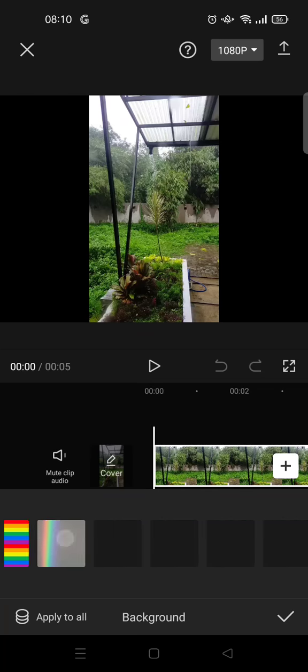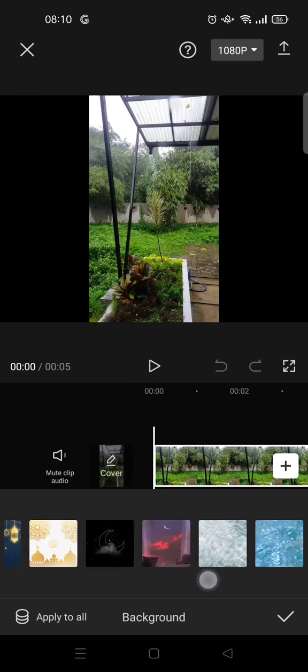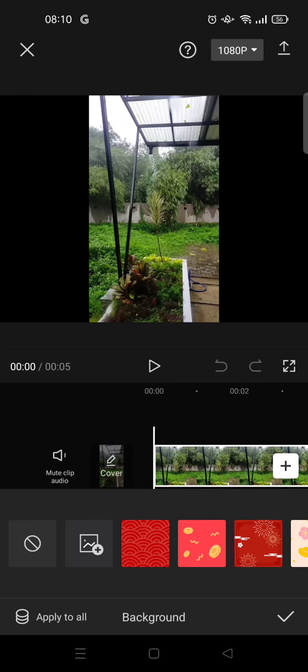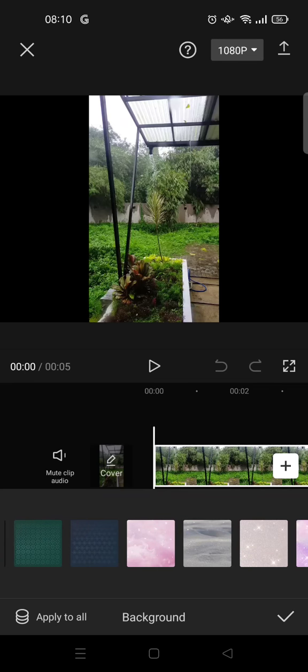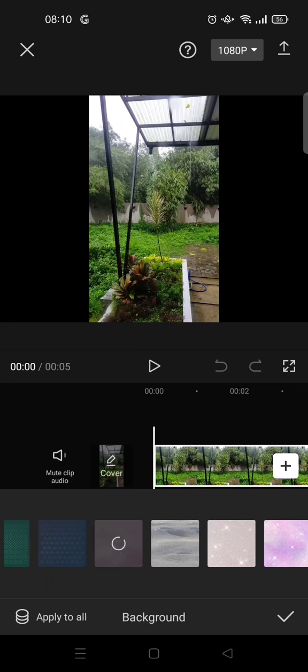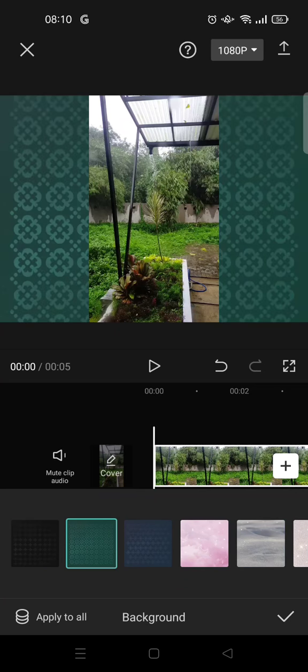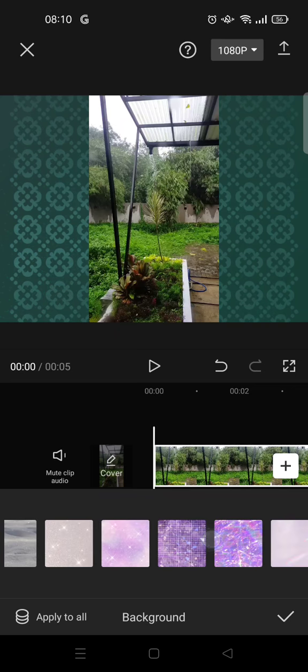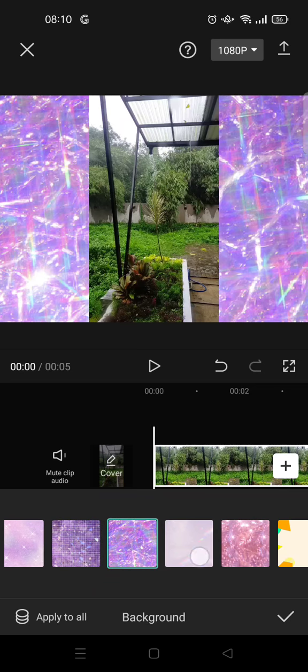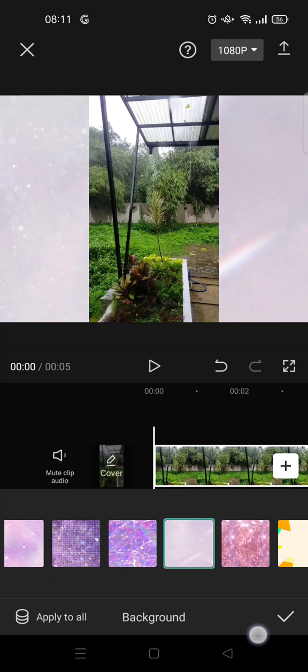You can choose any of these backgrounds, but if you have a background of your own, just click on this. But if you want to use one from Capcut, just swipe until you find a background that fits your video the most. For example, I want to add this one, like this. You can just choose any of them, and when you're done, just click on the check icon,